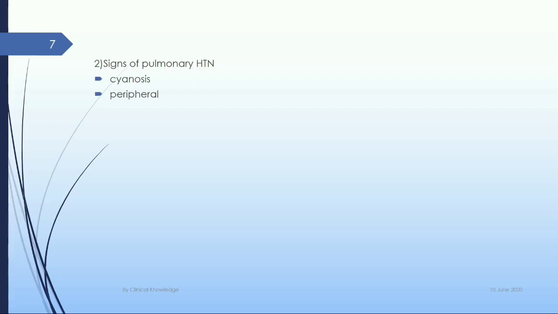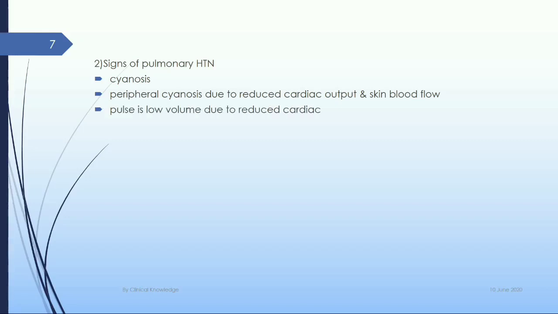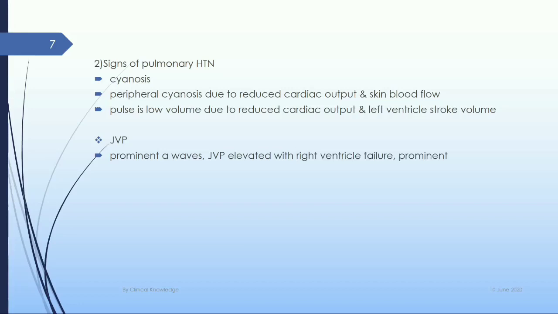Signs of pulmonary hypertension: cyanosis, peripheral cyanosis due to reduced cardiac output and skin blood flow. Pulse is low volume due to reduced cardiac output and left ventricular stroke volume. JVP: prominent A waves; JVP elevated with right ventricular failure; prominent V waves and rapid Y descent with functional